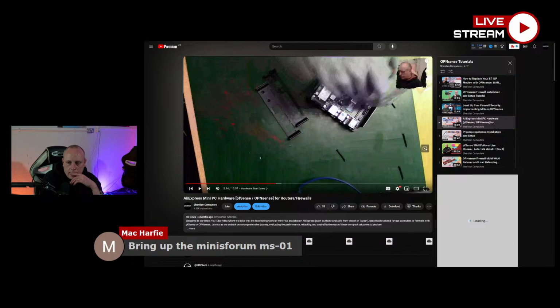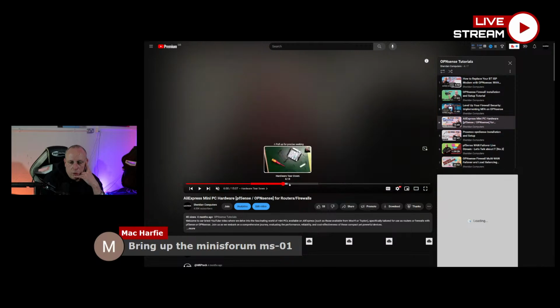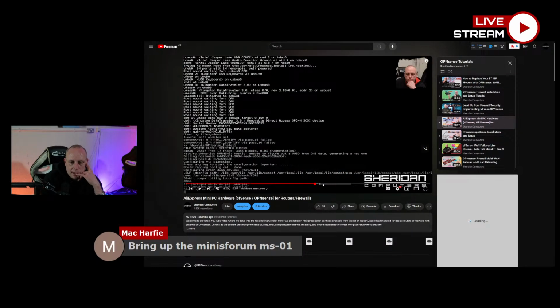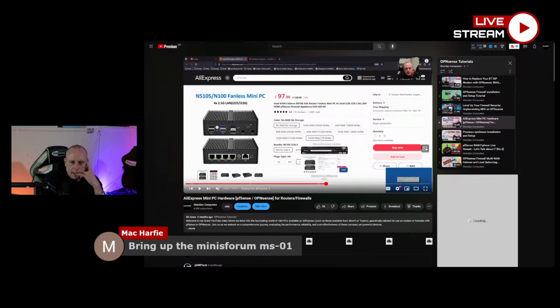Grab that in a second. These have got four 2.5 gig NICs, an NVMe drive, and you stick your own RAM in them. The only thing is you can't get BIOS updates, which is slightly concerning. But